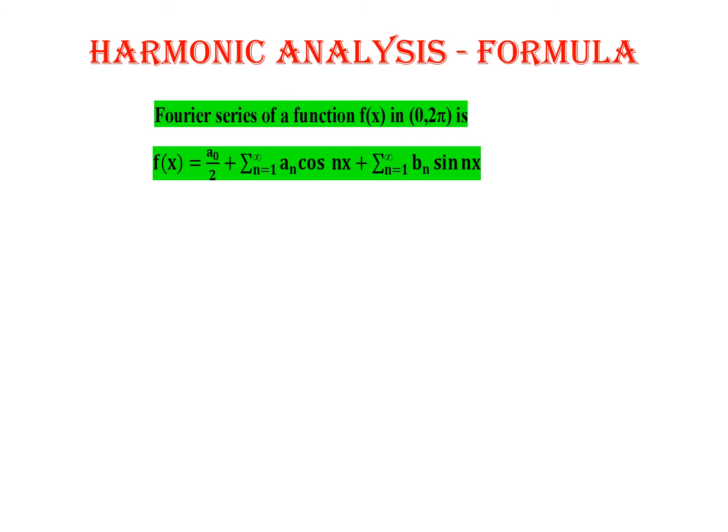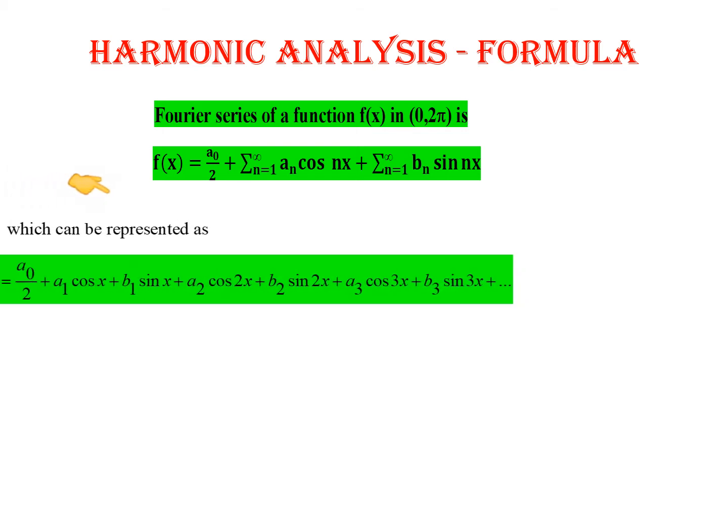So now let us move on to find Fourier series using harmonic analysis. First, let us look at the formula. Our usual Fourier series formula only. First, in interval 0 to 2 pi, f of x equals a naught by 2 plus summation an cos nx plus summation bn sin nx. The same formula only, here we have it in summation format, but in harmonic analysis, each individual component will be represented. So we are going to split this summation term by term, component by component.